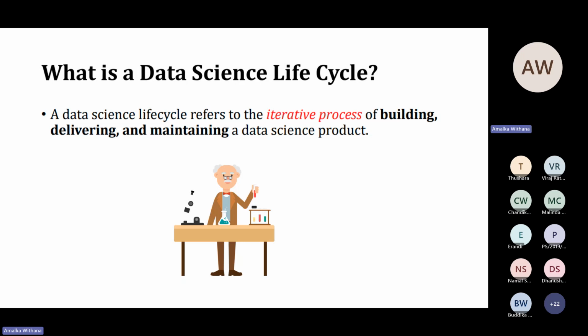So just a little bit different to software engineering and other stuff. Data science is an iterative process. Sometimes during this process, we might decide we don't have enough data points captured to do some prediction. So that could be an outcome as well. Instead of a prediction, the outcome could be that we can't use data science for this particular